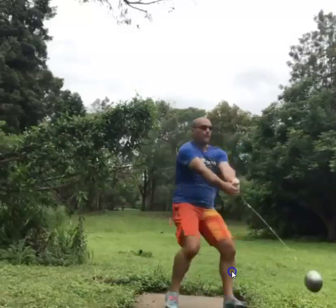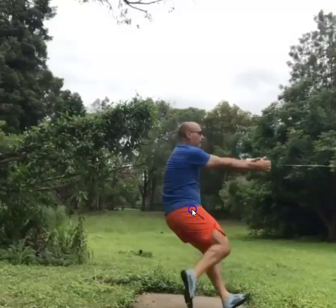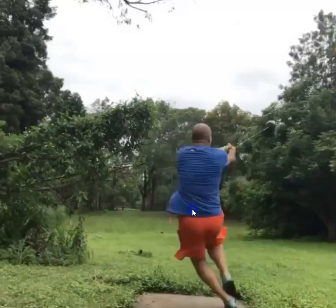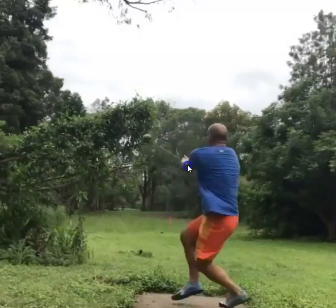But yeah, you still stay square with the ball, you're still turning with the ball, but then same thing here. Left leg straightens out a bit, and these hips kind of sink back just a bit. And then same sort of thing here. Posture is getting a little bit better. Your hips are more underneath you, back is more straight, but you can still see the tension in the lats and